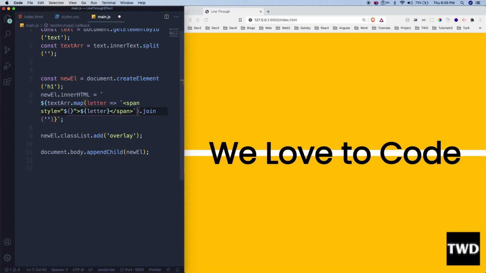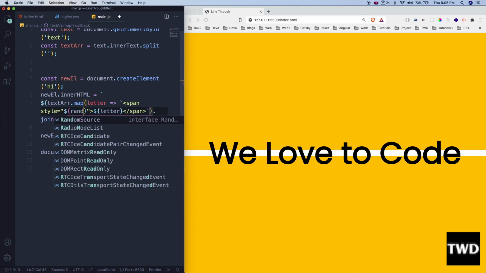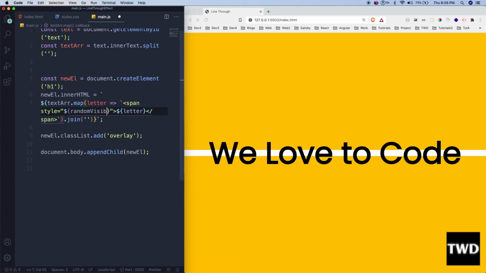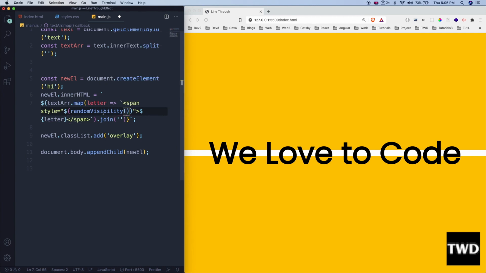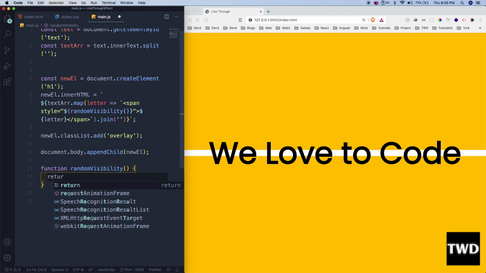And we are going to call a function here, and that function will be known as random visibility. This function will be very easy. Function random visibility, return